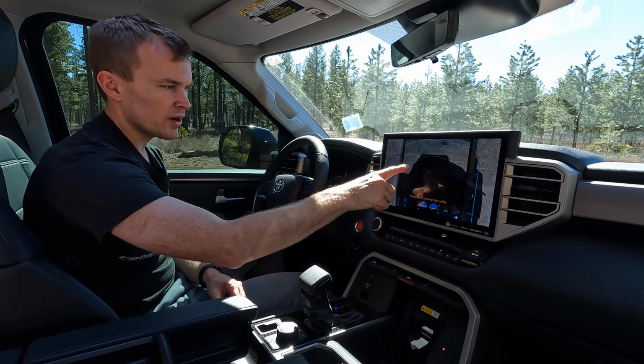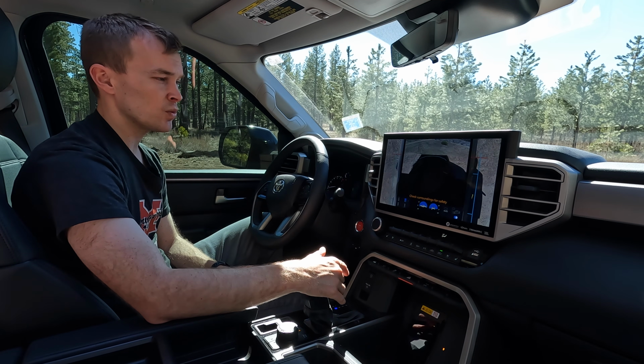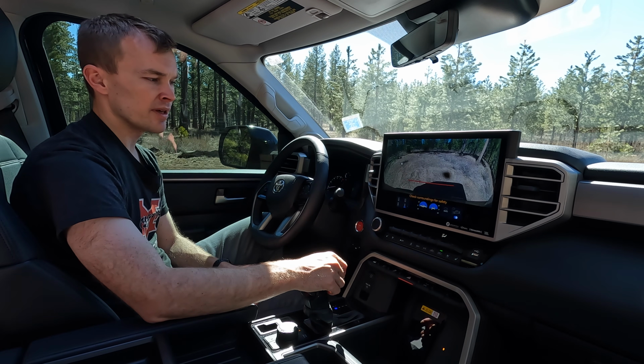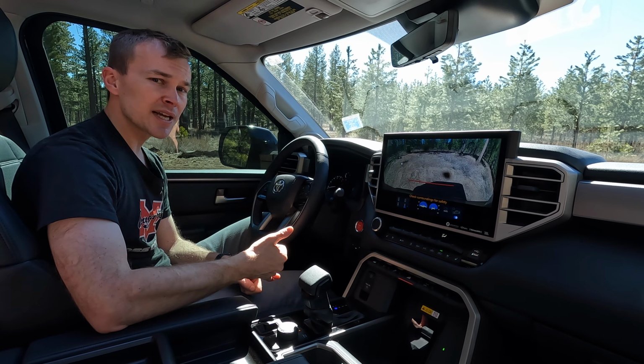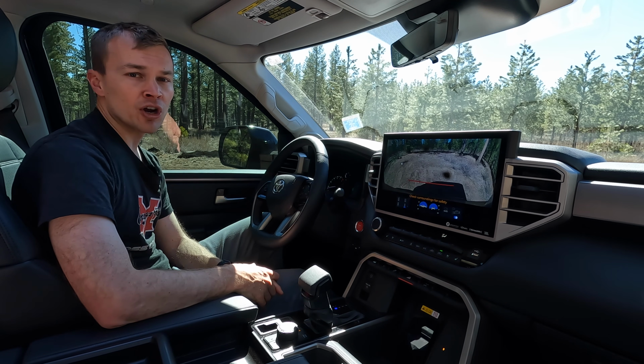This one right here, when I'm driving, this black portion underneath the truck will actually illuminate and it will show us what is underneath the truck. And then this one right here takes us to the backup view. So some really handy camera views, again, for safety, for maneuvering in really tight parking situations, and then also very handy for off-road driving. The next must-have feature is the new Panoramic Sunroof, which, as you can see, brings a